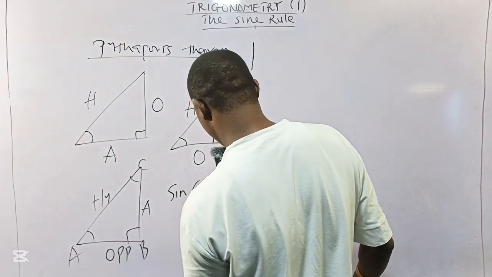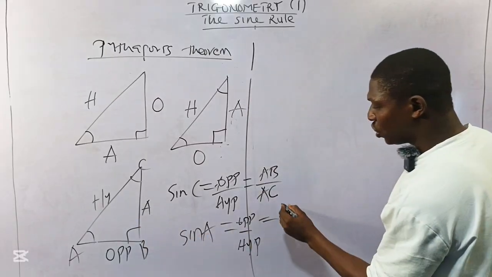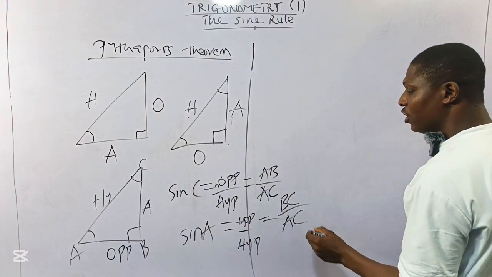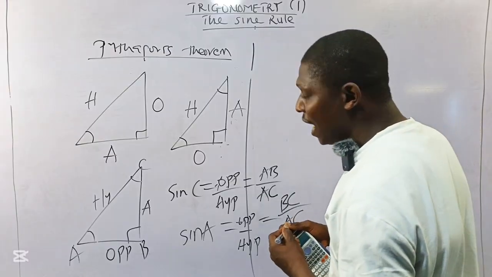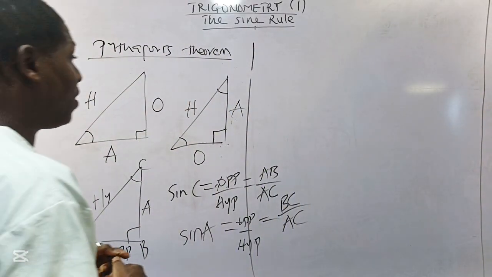My A here, my opposite here will be what? For sine A, my opposite will be what? BC. And my hypotenuse remains what? AC. So please take note of how to get your opposite and your adjacent what? Side. Still on the Pythagoras theorem,